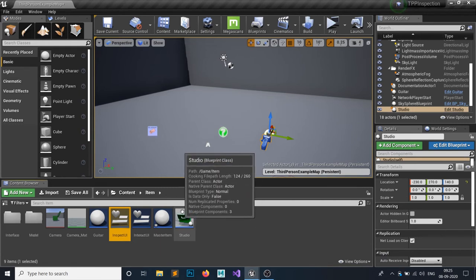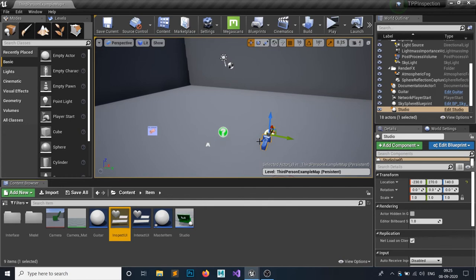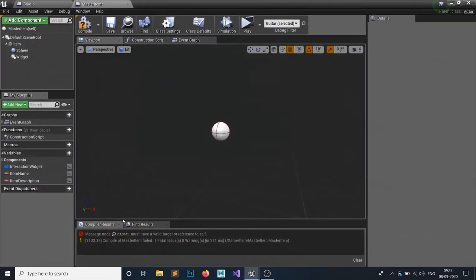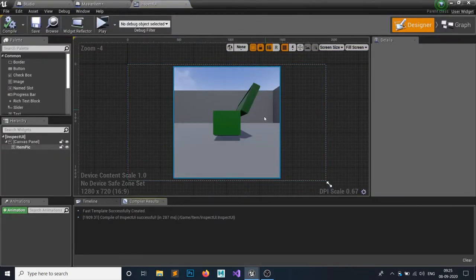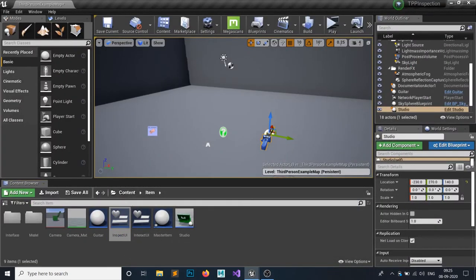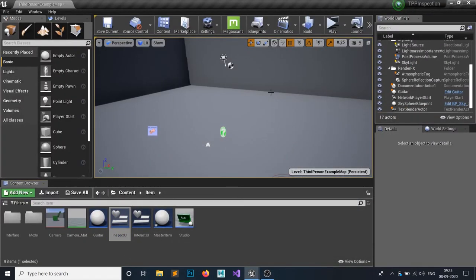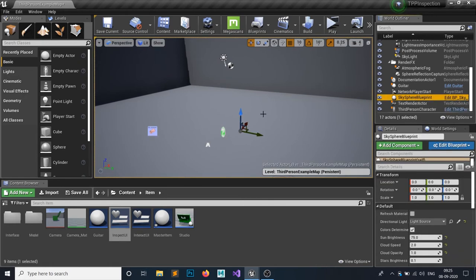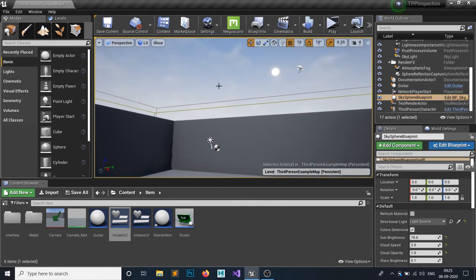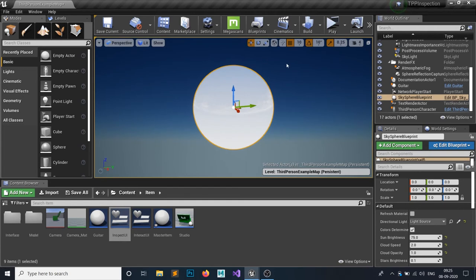But if we place this studio actor into the viewport, we can see there is a little problem. It also renders the outside of the world, but we don't need that. So delete this, and what we're going to do instead is spawn this studio actor outside our world. You can see this sky sphere blueprint. Just right click on your sky to select the sky sphere, and if we press F, you can see this little sphere.